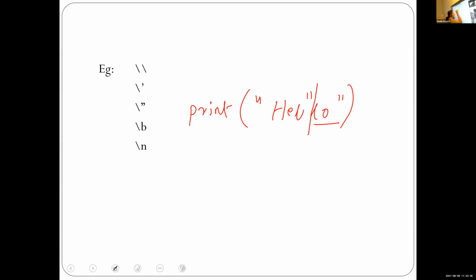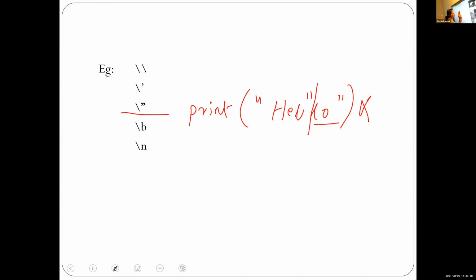But I want to include this double quote within this string. How do I include it? This is with the help of escape sequences. The escape sequence is one backslash and double quotes. Here we are using 3 double quotes; in the case of a print statement, we need only 2.